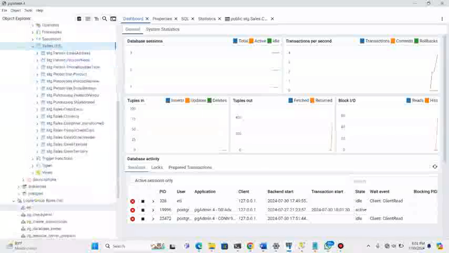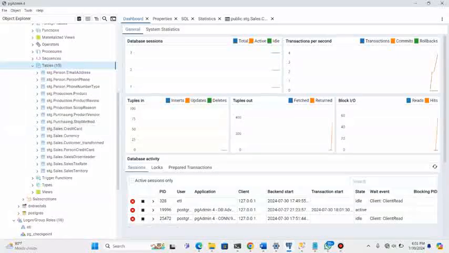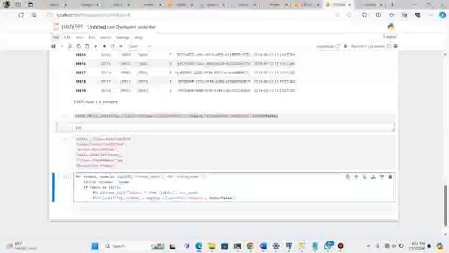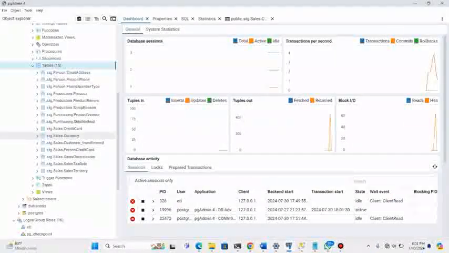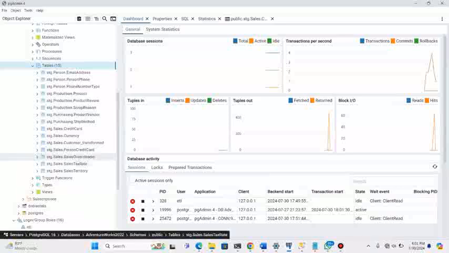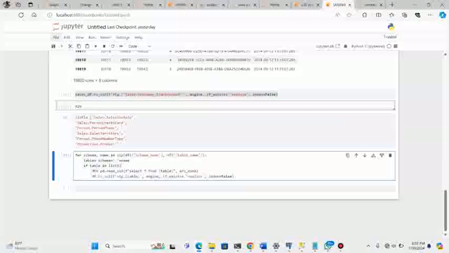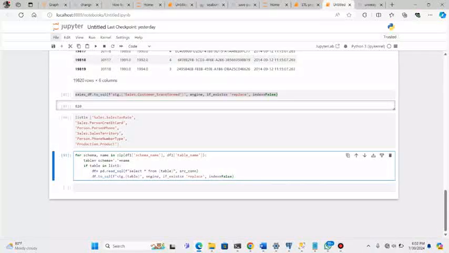So one of them is replaced. So if you look at all the tables that we have here, it says credit card. See, this is easy. You see how it's flowing in the Jupyter environment. You can do a lot of things with it. You can do your modeling, like I said. This is a simple ETL project,